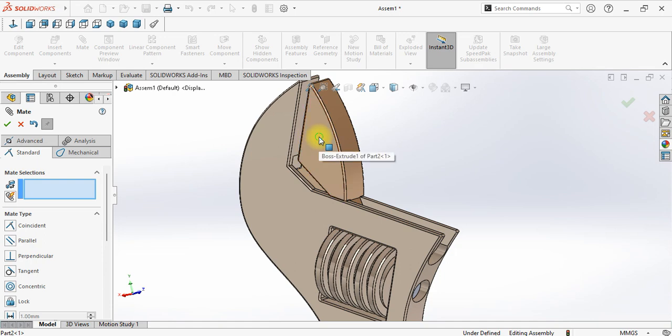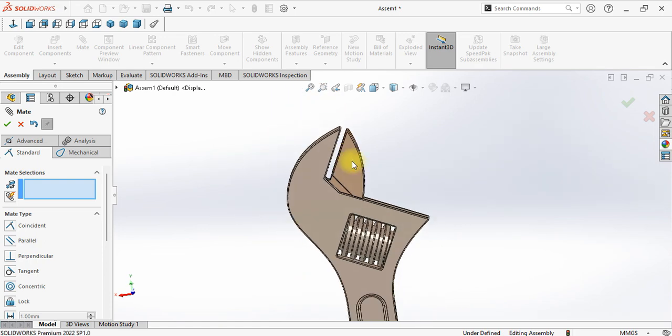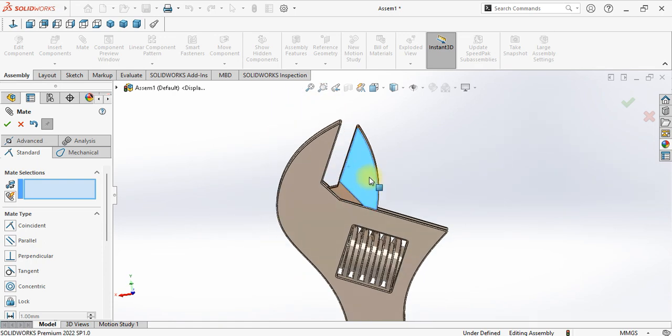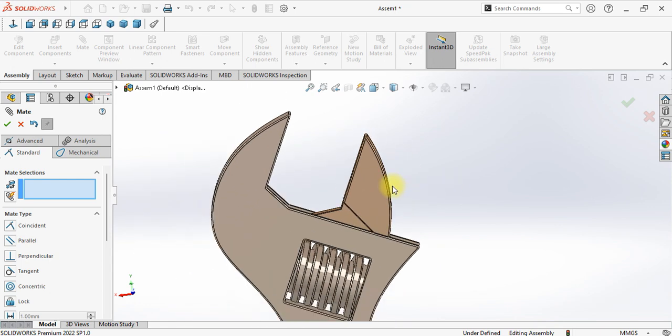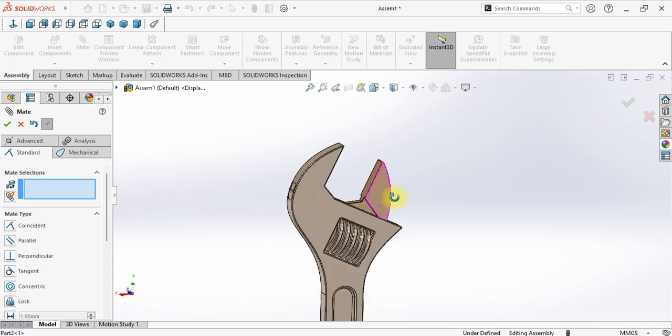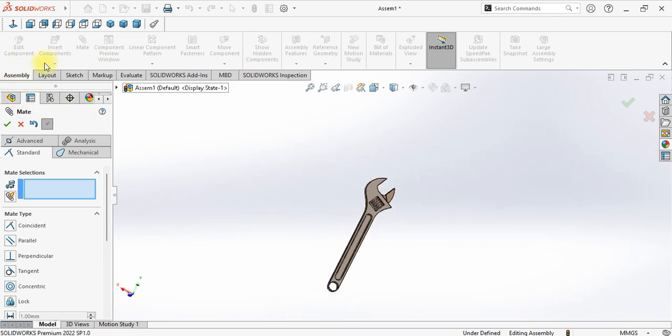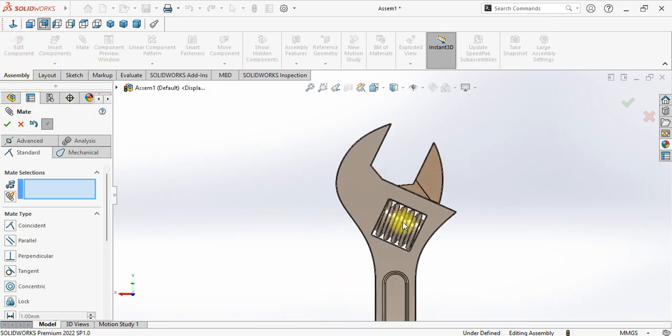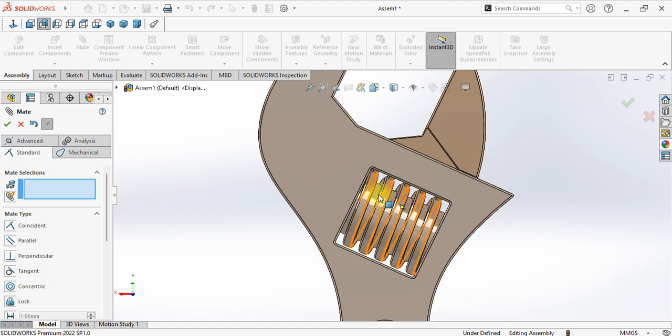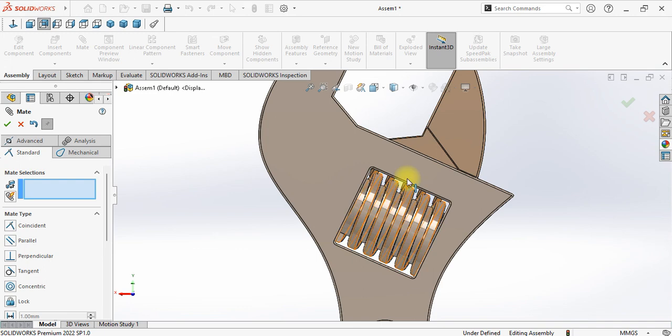Okay, so we can make two relations to first stop the clamp, to fix the rotation of this roller and clamp. So you can go to mate again and make relations